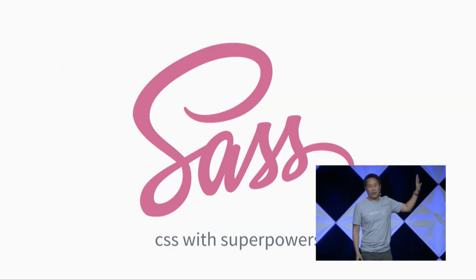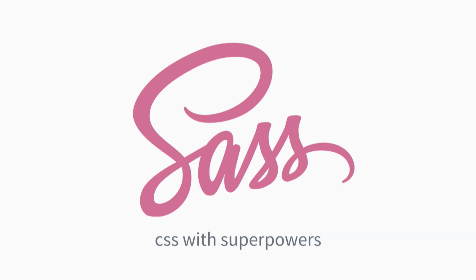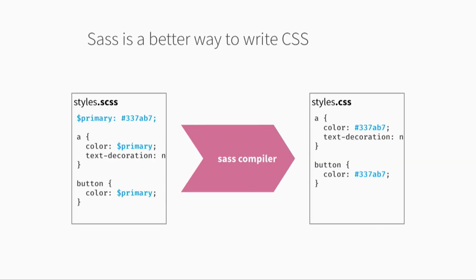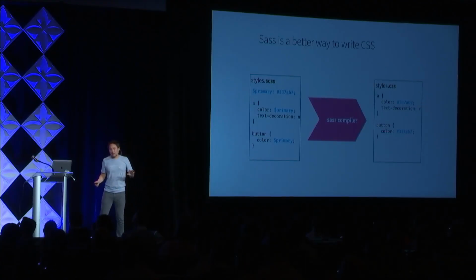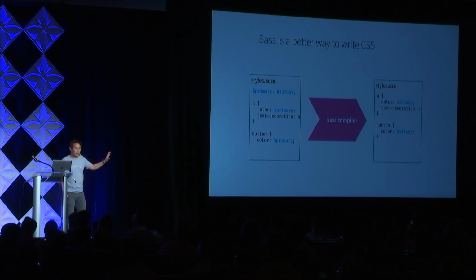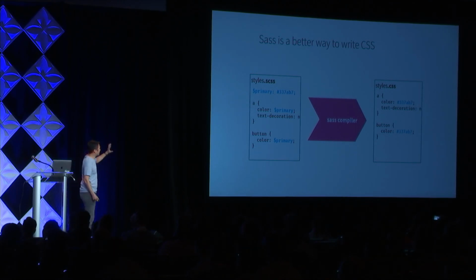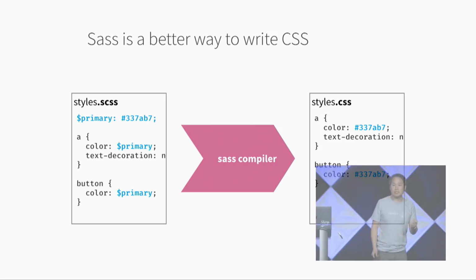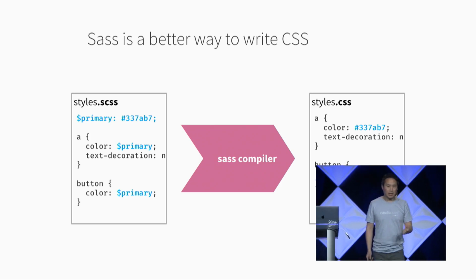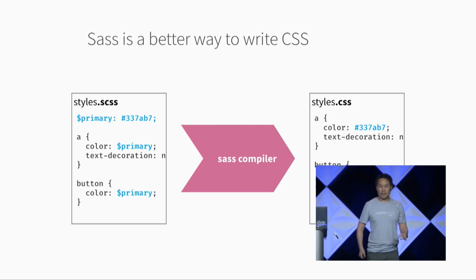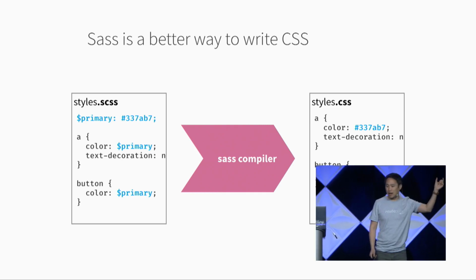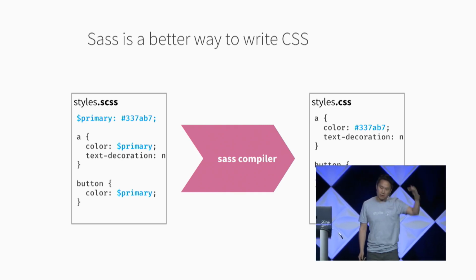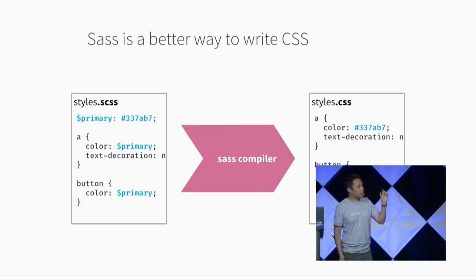Instead, professional web developers use a language called Sass instead of CSS. Sass is CSS plus superpowers. They're not that exciting, but they're going to help us a lot today. Here you can see on the left, we've got Sass, which is CSS plus additional features. And the feature that we care about for today's purposes is that Sass has the ability for you to declare and use variables. So instead of hard coding this color throughout the CSS, you write Sass code that declares a variable called primary, assigns it that color blue,